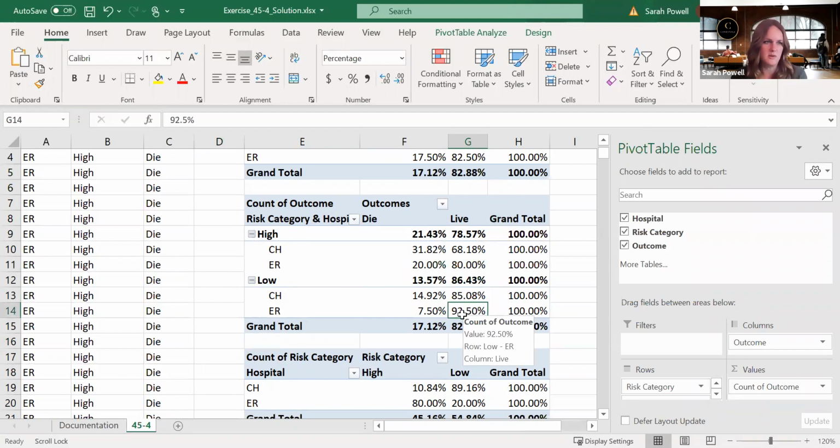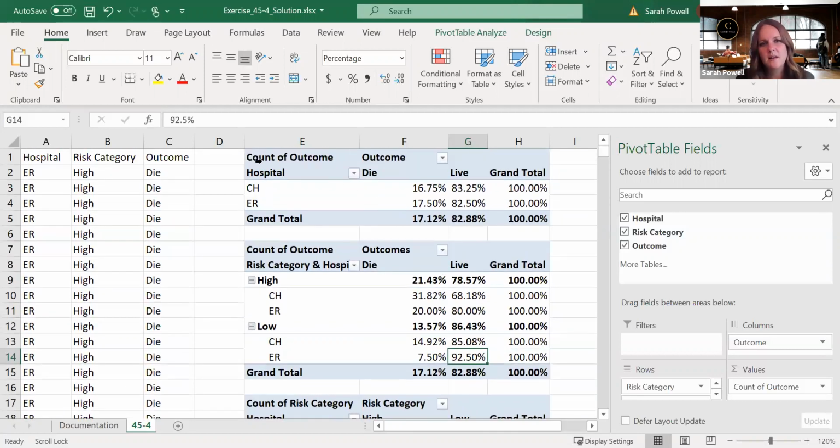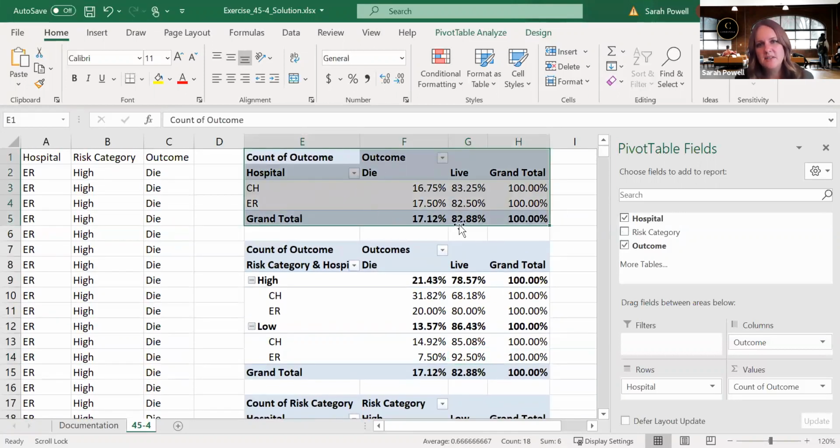So it's very important that we look at all of the data when we're trying to analyze the quality of care. Had we only completed this one pivot table, I think we would have said that it would be preferable to go to the hospital. You would have a better outcome. Yet when we dissect the data, when we look at it more carefully and we look at all of the data, we can see that in fact,